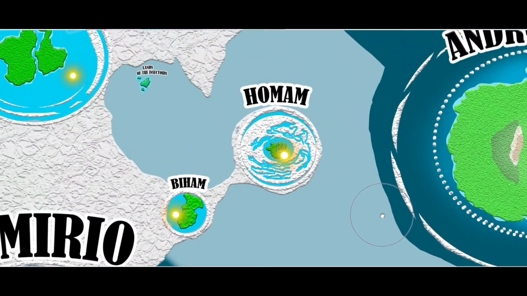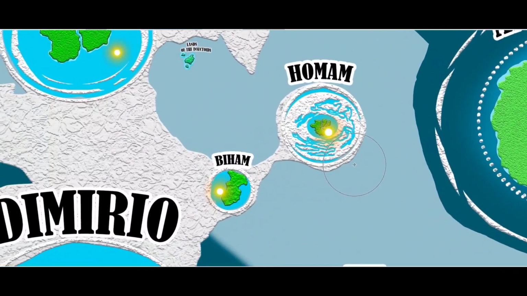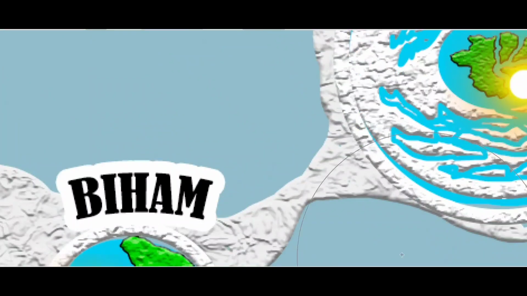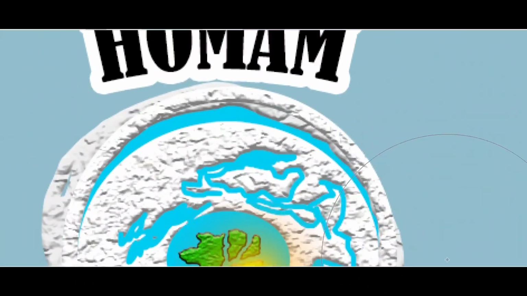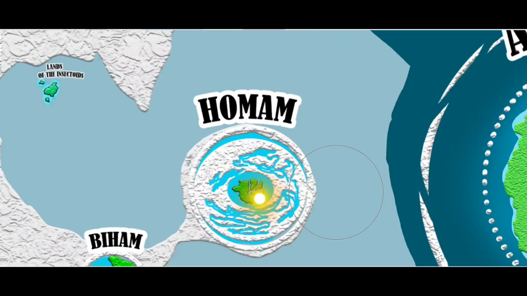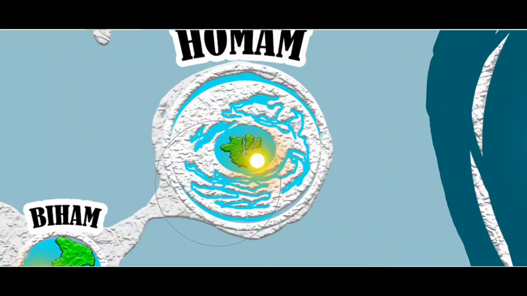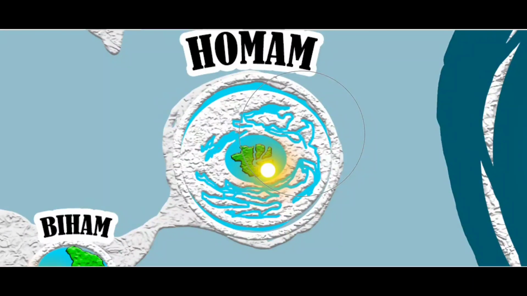Infinite planes. We have here the Homam and the Biham. No idea what these are. Biham is just the same thing but with life, I guess, because there is vegetation and water. Great for them. Homam is a bit more interesting. Homam seems to be a very maze-looking plane of existence, where the mazes of ice protect the inner lands of this plane of existence. If there's life here, I can't imagine what the culture of the people that live here would look like when they discover that this is what their plane of existence looked like.